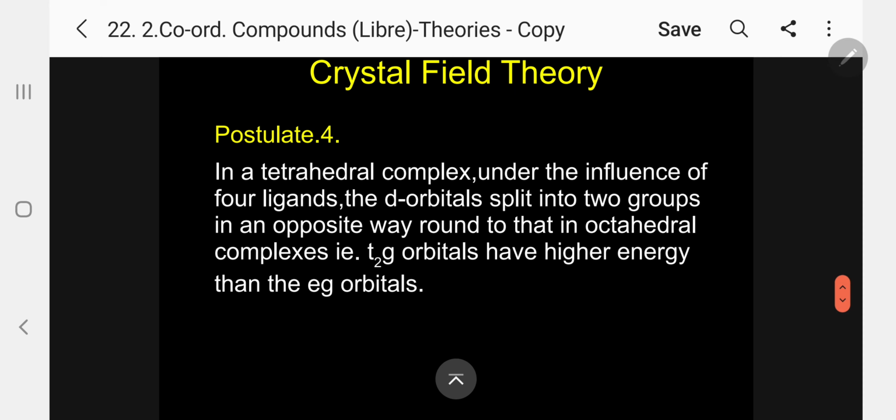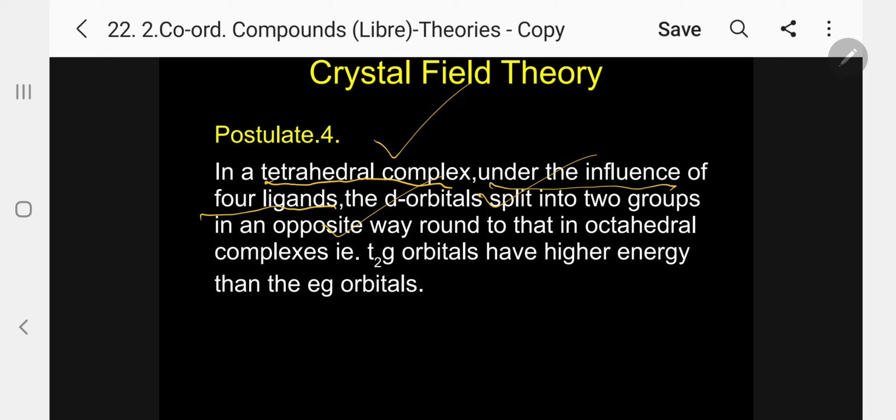Postulate 4. So kindly follow. In octahedral, the EG is higher, T2G lower. In tetrahedral, just reverse. Please keep it in mind, my dear student. In a tetrahedral complex, under the influence of 4 ligands, the d orbital splits into 2 groups in the opposite